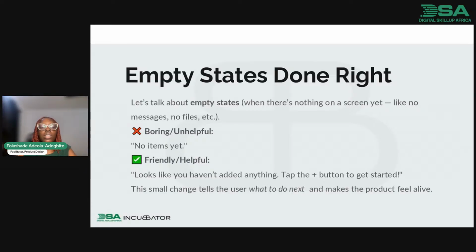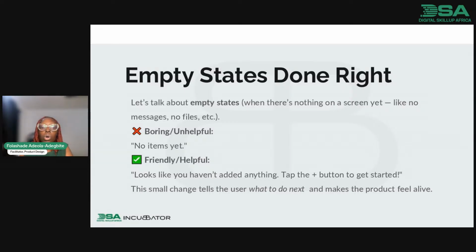Instead of showing "no users added" and that's all, you will tell them: no users added, click on the link or the button below to get started and add a user or a member.